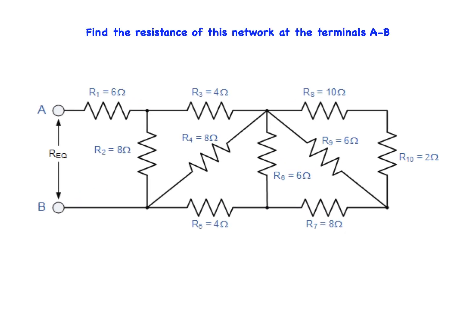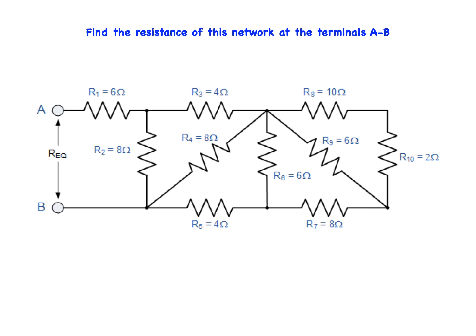Our task will be to find the equivalent resistance of this network at the terminals A, B. At first glance, this resistor ladder network may seem a complicated task, but it's just a combination of series and parallel resistors connected together. Starting from the right-hand side and using the simplified equation for two parallel resistors, we can